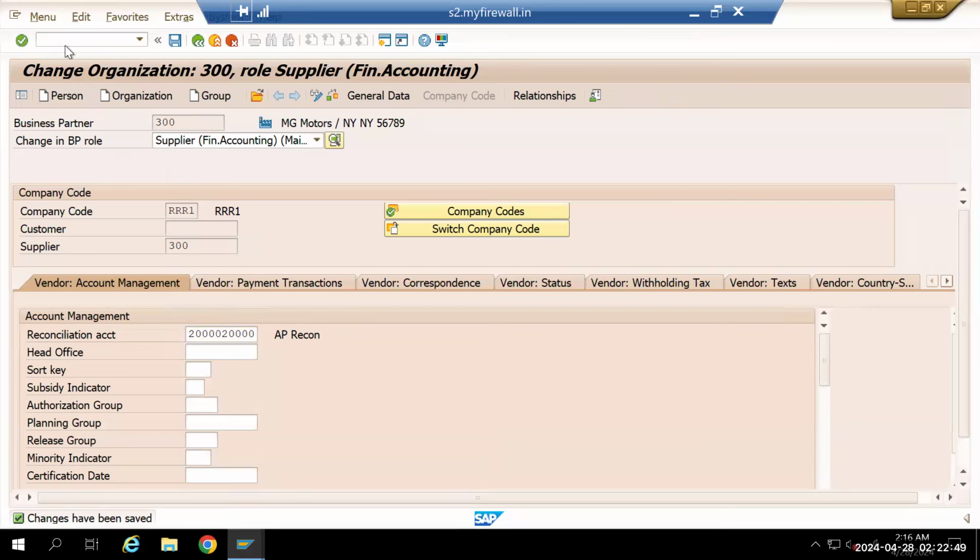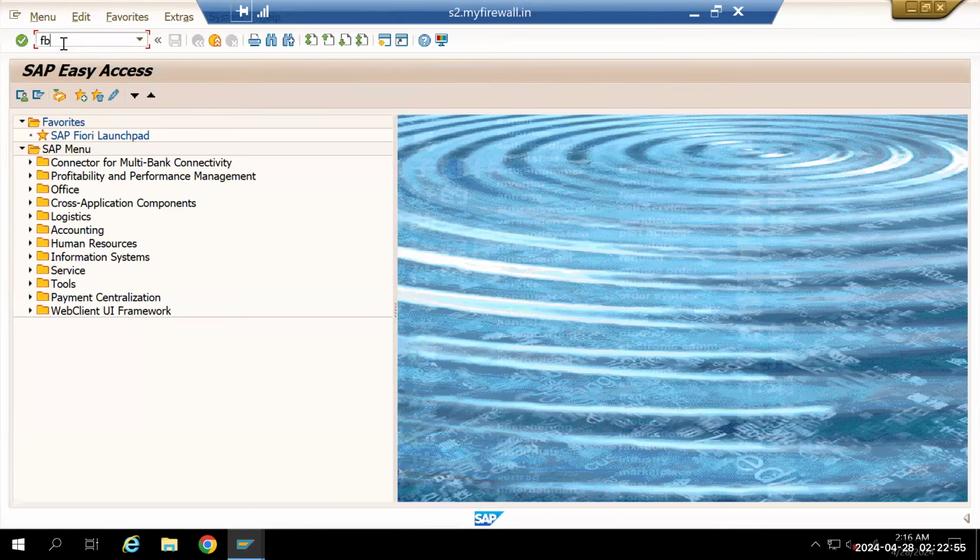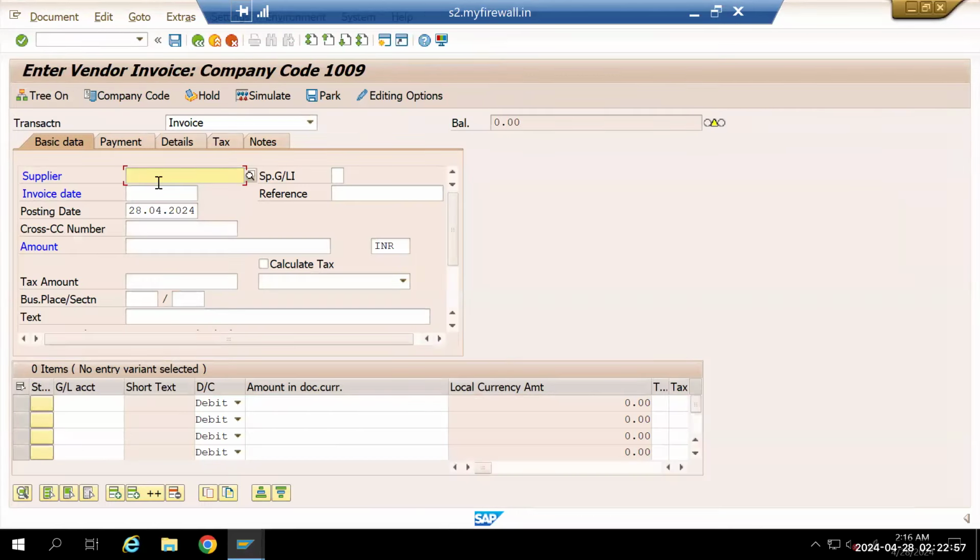So somehow we have created the customer and vendor. Let's try to pull some transactions to these particular suppliers and customers also, so that we are done with the basics of settings. Then from the next video onwards we'll only focus on the controlling side, and some part of accounts payable I have not covered in earlier videos, so I will cover that also. So let's put